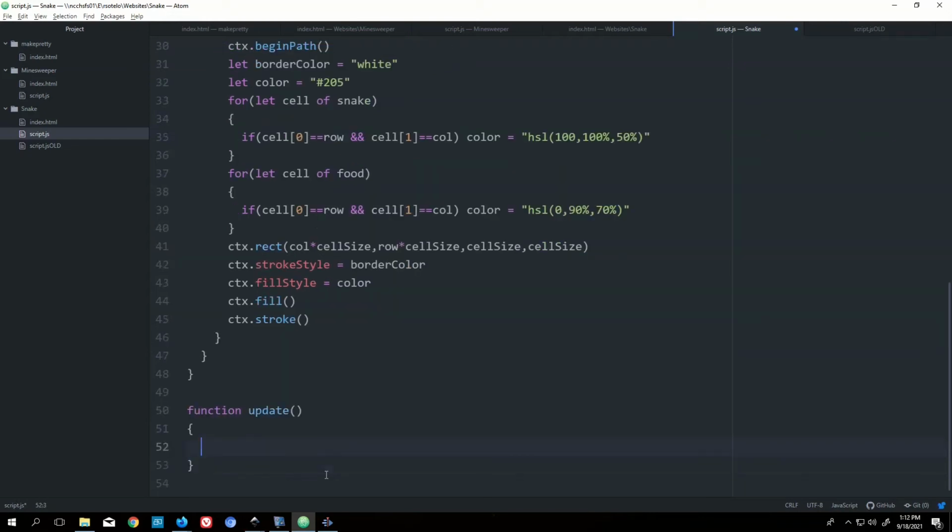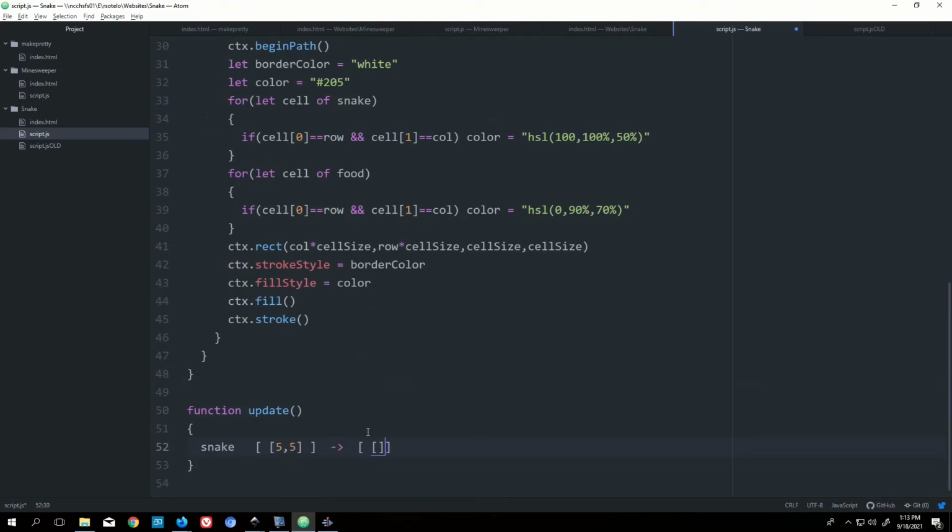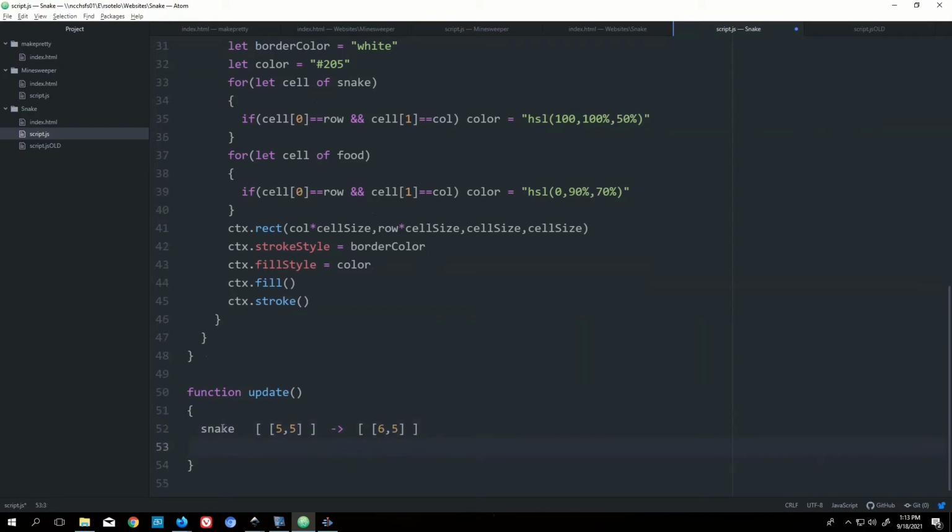And what it will do is, I think all we got to do right now is just change the one thing in snake. So I have my snake object, and right now that's an array. What that looks like is an array with 5, 5 in there. So that represents its position. It's row and it's column. What we want to turn that into is we're going to add direction row to the row and direction column to the column. So it's going to turn into 6, 5. So how do we do that? I'm going to comment that out. We're going to say,